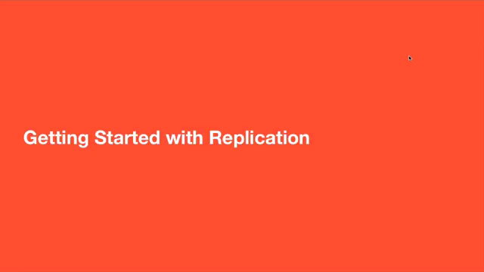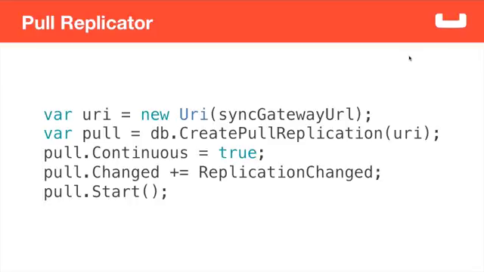So finally, we're getting to the last key area, which is the replication capabilities. Creating replications couldn't be any easier. All we need to do is provide a sync gateway URL to both the sync gateway server as well as the name of the database that we've configured on that sync gateway. So a single sync gateway instance